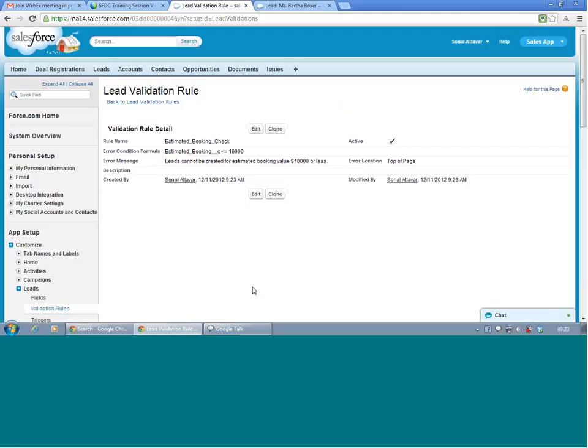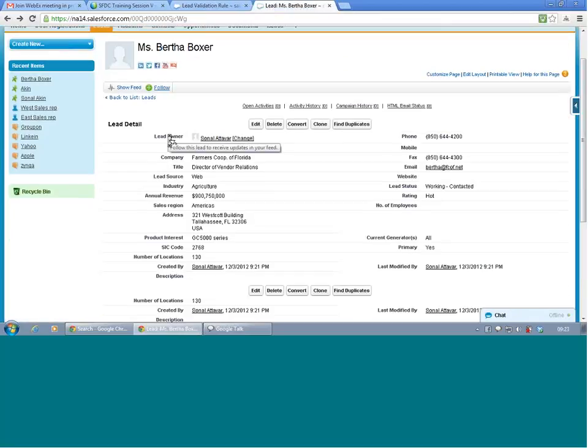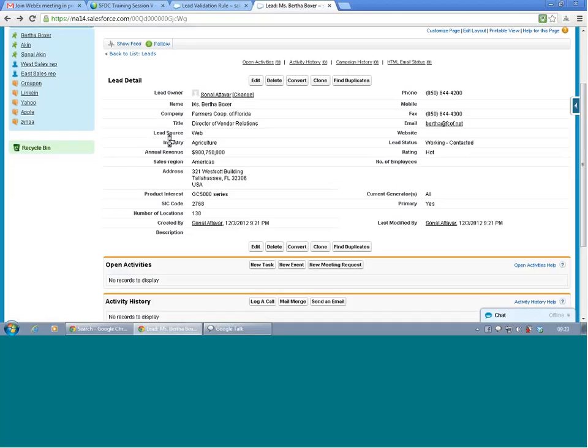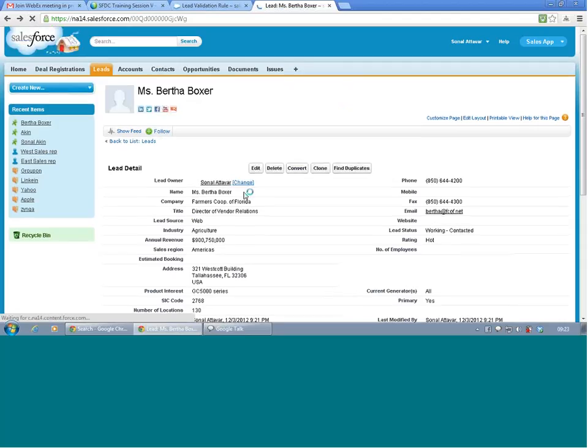This rule is triggered at the time of creation and at the time of edit. Go to the existing lead record, the leads tab, and you see the estimated booking field here. I have to refresh, I think.